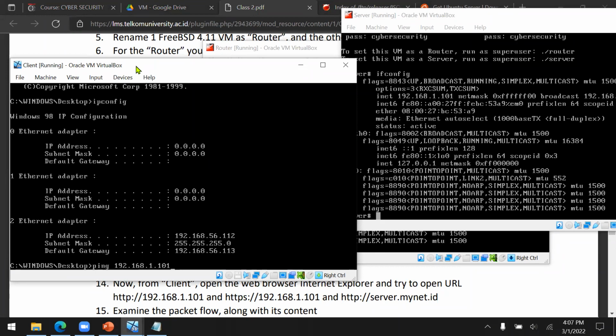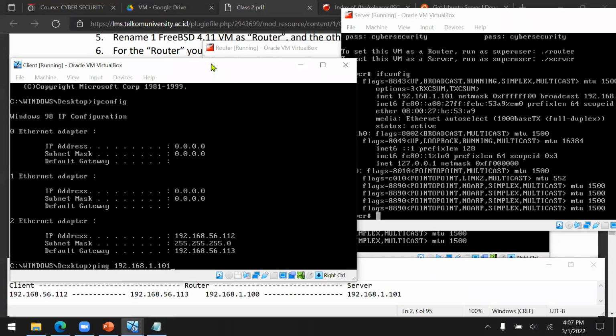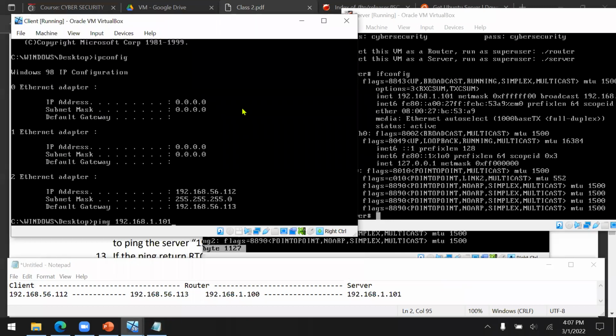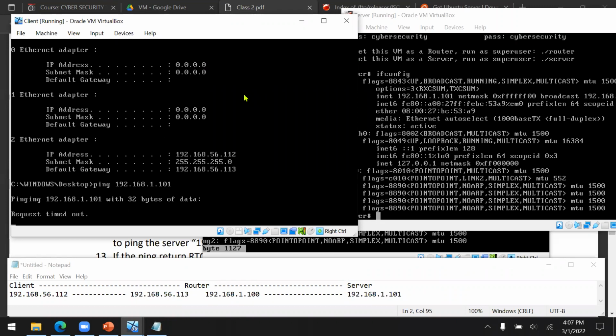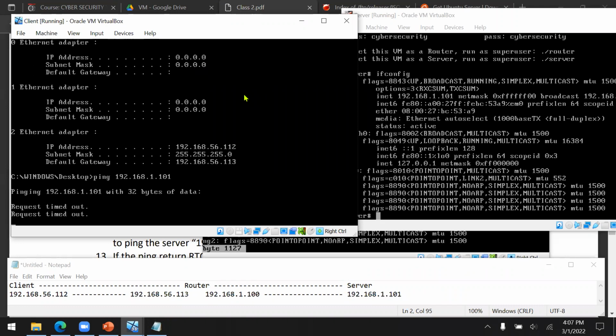It's the IP address of the server here. Okay, now enter. Oh, it's not connected. What happened? It said request timed out.